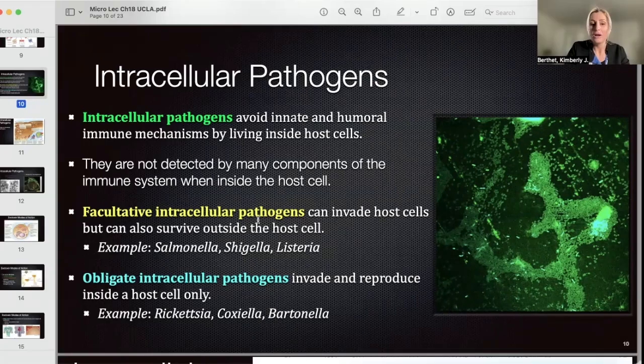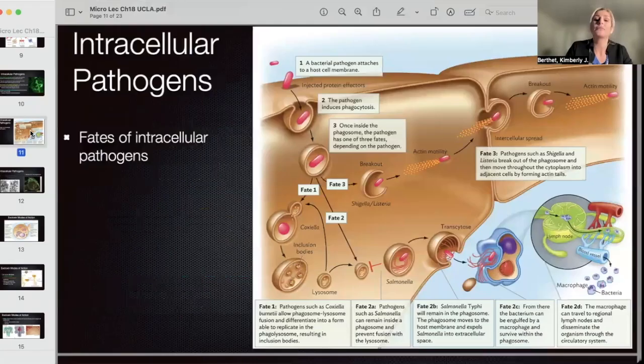They're facultative. Obligate, on the other hand, need to live inside of a host cell. So we'll see that they have to stay within the cells. That is where they reproduce. That is where their metabolism is active, inside the cells. So we're going to see a couple examples of intracellular pathogens here and the fates of the intracellular pathogens. The general process that we'll follow is 1 through 3, and then we'll look at different fates of the